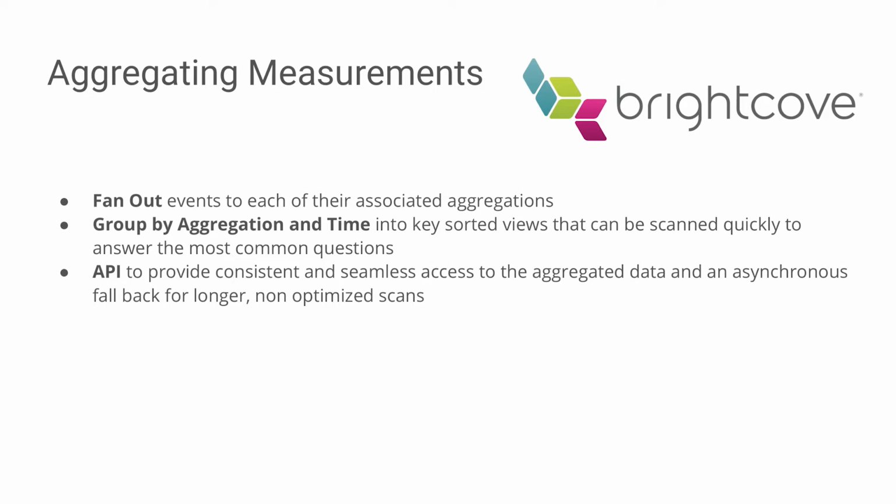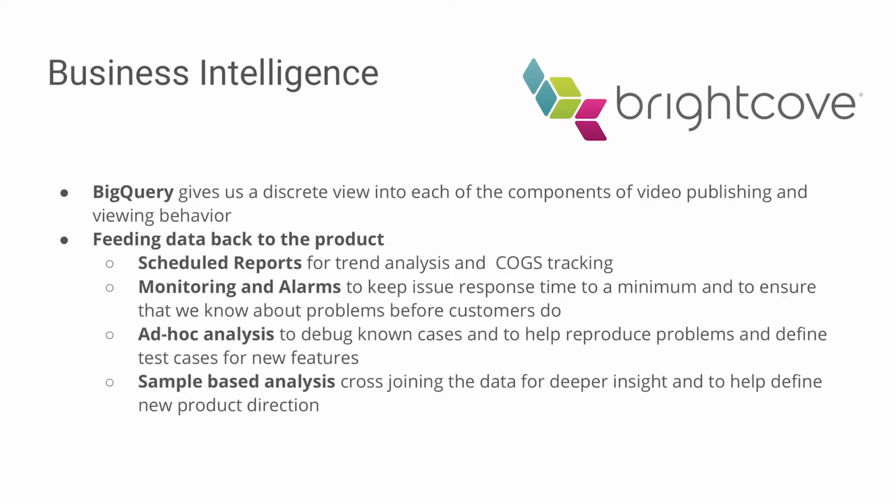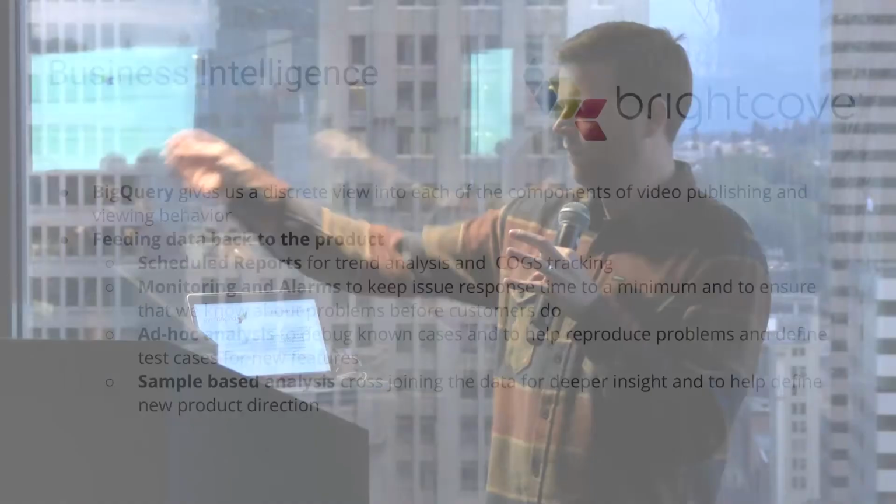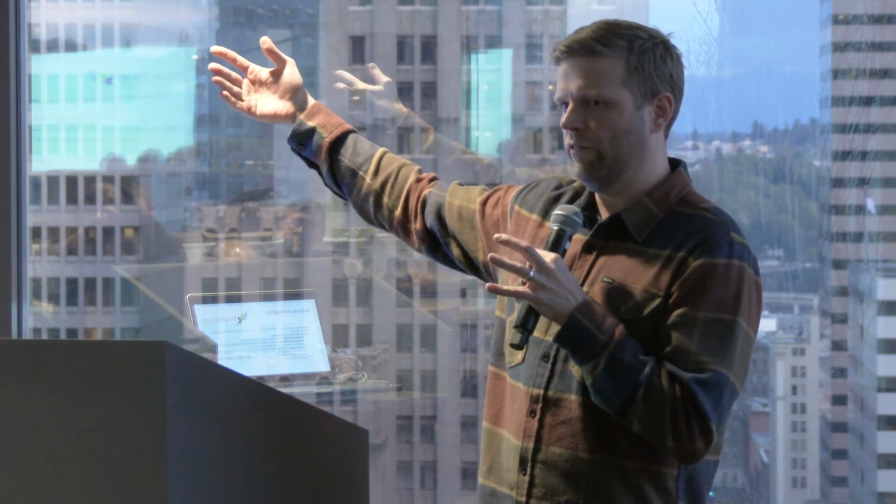Yeah, so basically, we get a whole bunch of events on distributed systems. We group these by different aggregations in time, and we have an API that gives you consistent access to them. And then on the back end, there's a whole lot of effort that we put into having the ability for teams among Brightcove to look at and collate discrete data. We'll measure the transcoding session and how that video gets out and all the playback events that occur for it, and we collect all the bandwidth logs, and our teams are able to collate all that data together and look at a really complete picture of what's going on with their products.